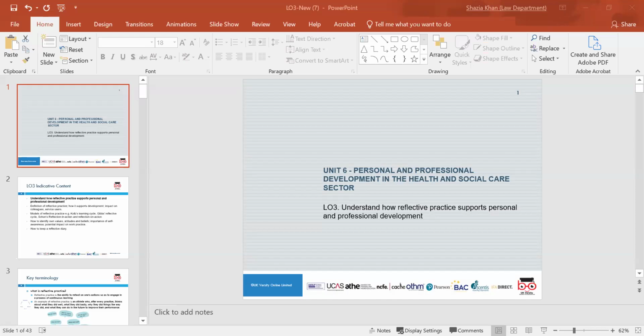We also looked at the codes of practice within the health and social care profession. We looked at national occupational standards. We looked at examples of CPD in healthcare, making sure that you're reading and you're on top of things. We also looked at the benefits of CPD and what counts as CPD: training sessions, activities, reading a book, mentoring, shadowing. These kinds of things are part of CPD.